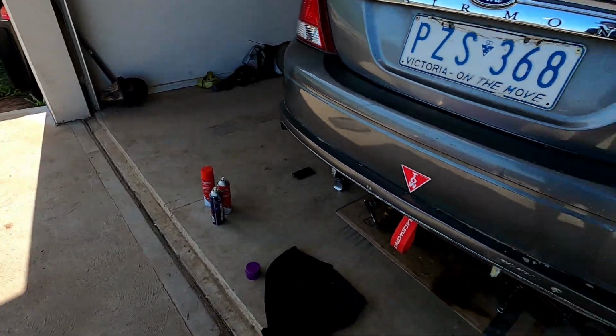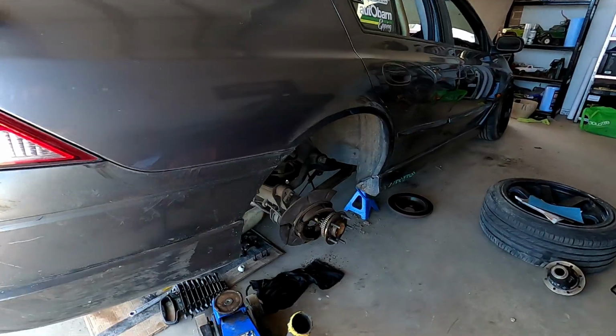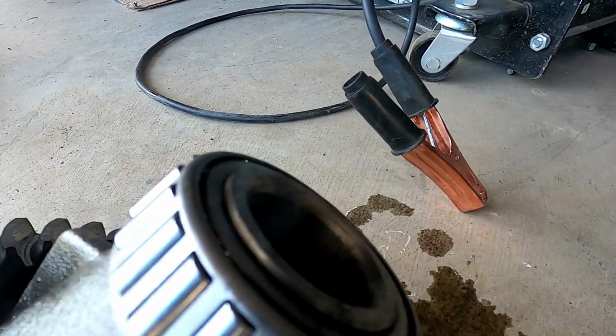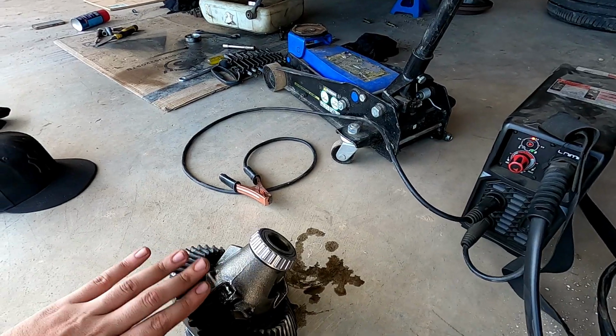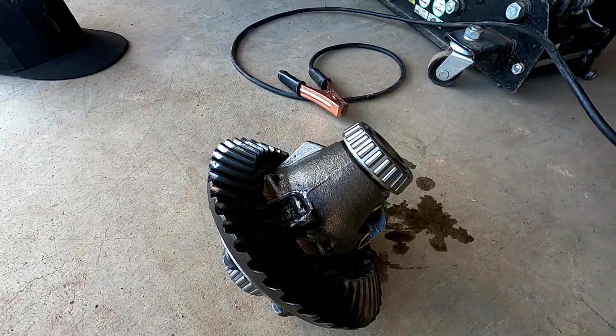And hey, that should do the trick because the diff itself is still good. Just all the stuff that's come out of it, unfortunately. Fill her up, buttercup. She's smoking. I don't even see it. It's smoking. That's going to be very hot. Oh yeah. Let that sit for a bit, and while we wait, I'm going to prep the wheels and get